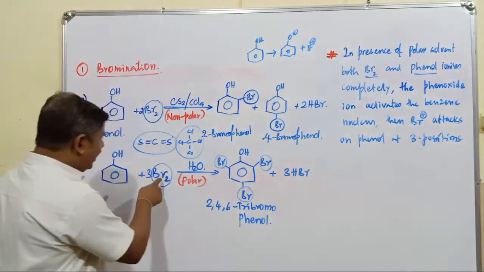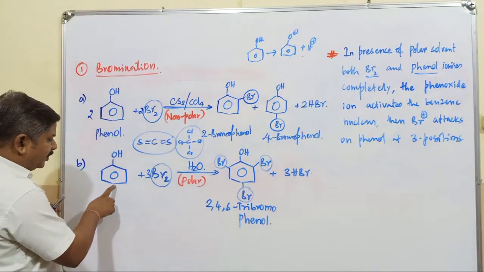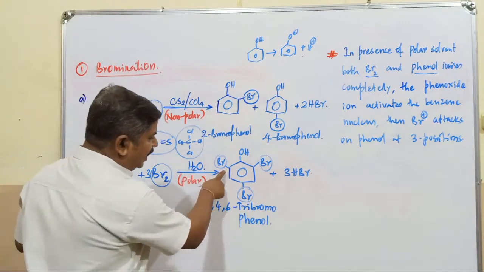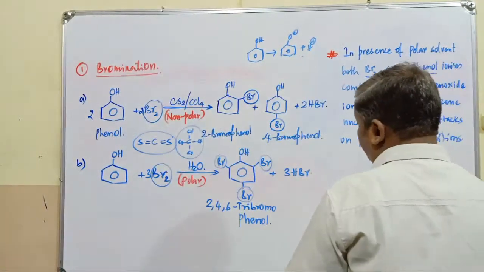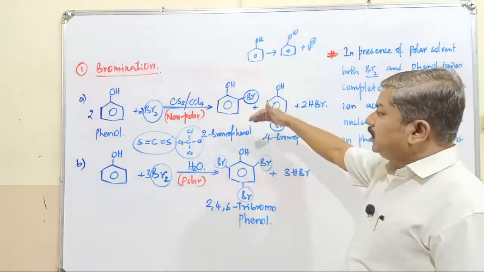As a result, immediately Br+ attacks an ortho position, the para position, as well as the other ortho position. Hence, formation of this product takes place, tribromophenol. Between these two reactions, if you observe the